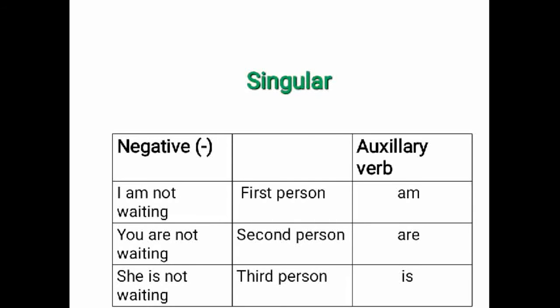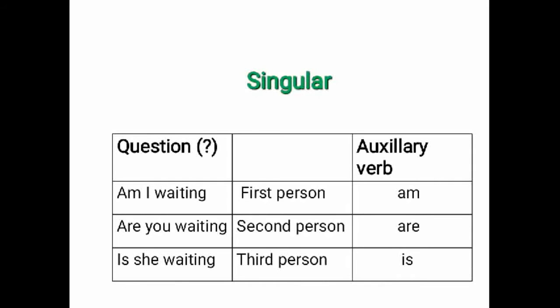These are negative sentences. You have to understand and follow the same rules, which is the singular subject for first person, second person, third person and its auxiliary verbs. They are the same rules that you have to follow like positive sentences, how I have taught here. In negative sentences, you have to add the word not. Only that much is the difference. These are the questions. In questions also, you have to follow the same rules and understand which is the singular subject and its auxiliary verbs for first person, second person and third person, like positive sentences and negative sentences.